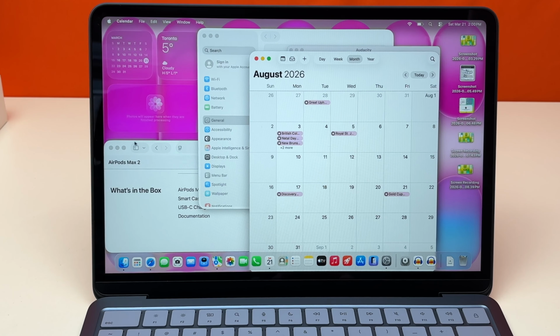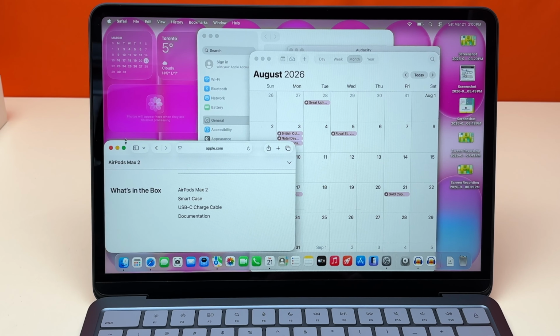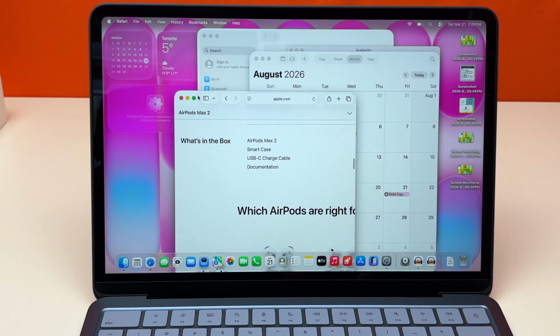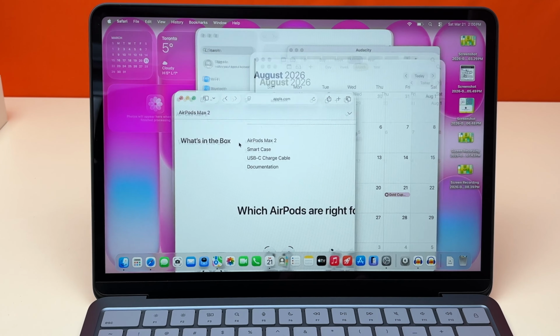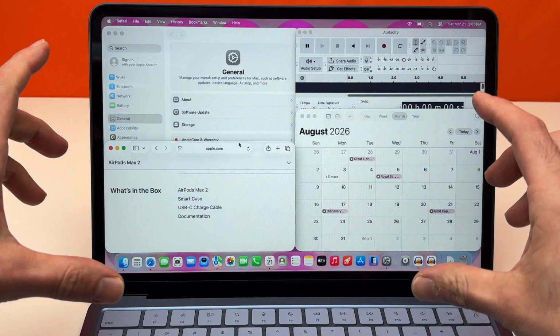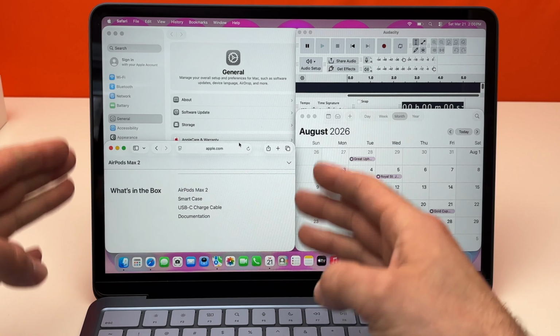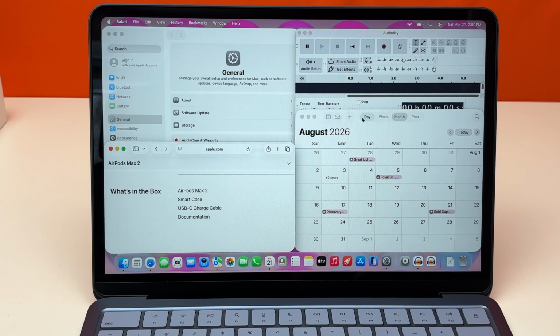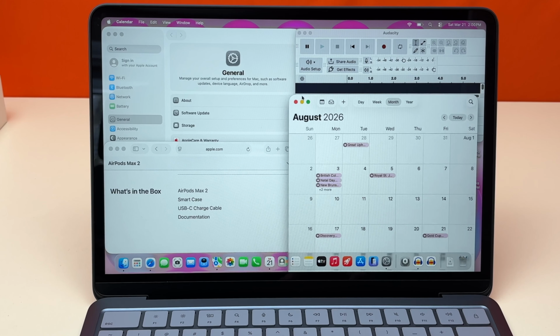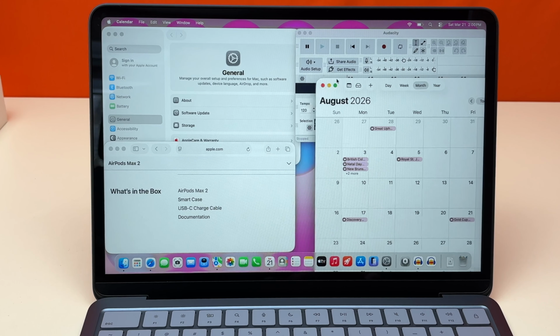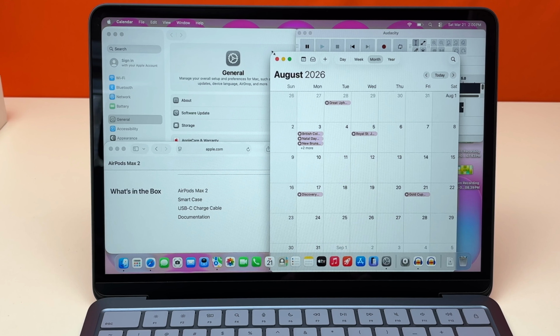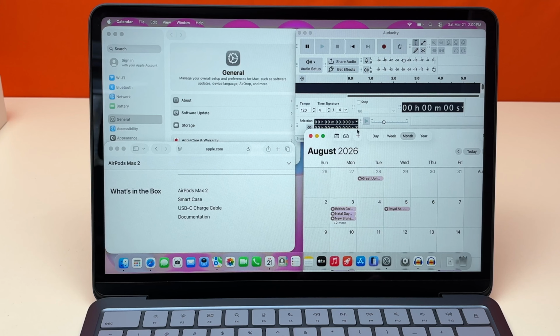Okay, so let me mix them up a bit. And if I do the same thing, now I have 4 different windows open. I go over the green circle again, and I press this last option. As you see, it has put each window separately. Obviously, for example, some apps won't be able to resize to be very small. The calendar app is not able to get a window very small. It's limited. And that's why